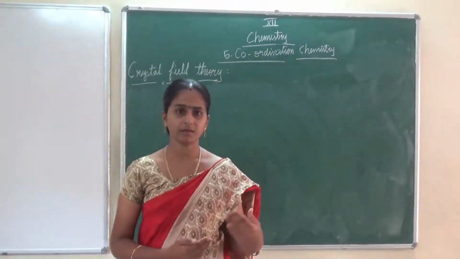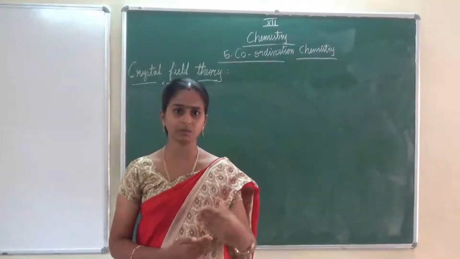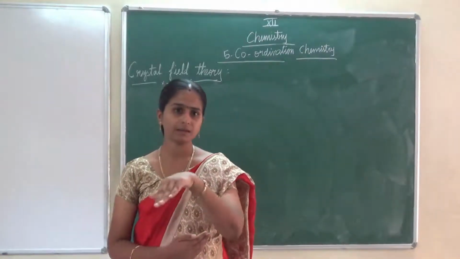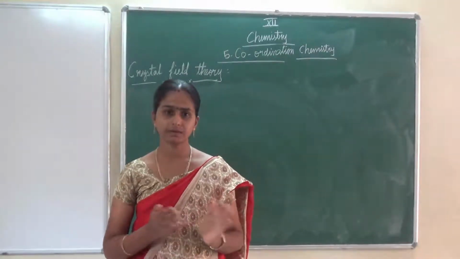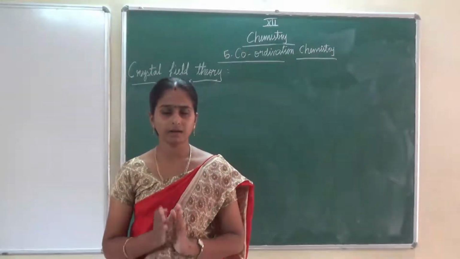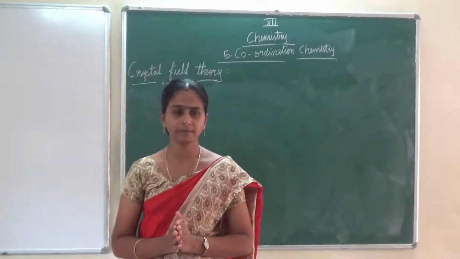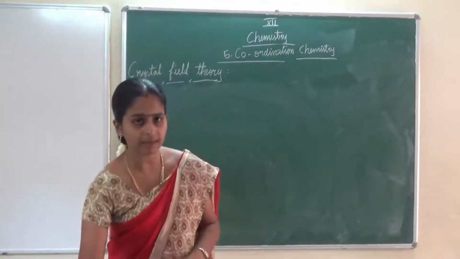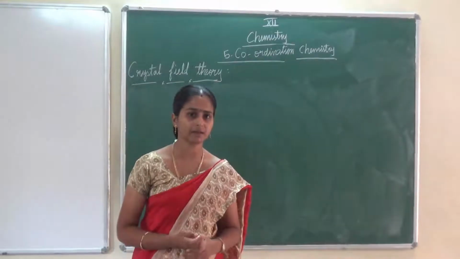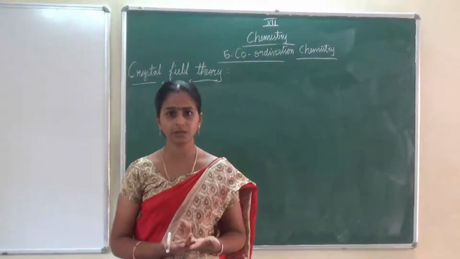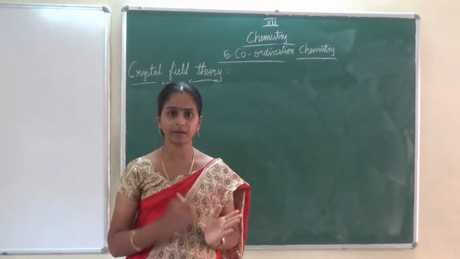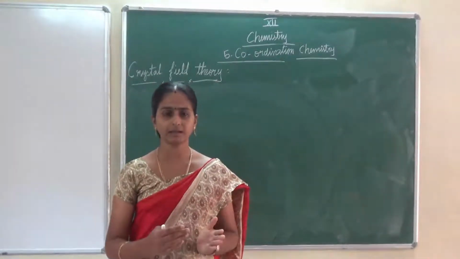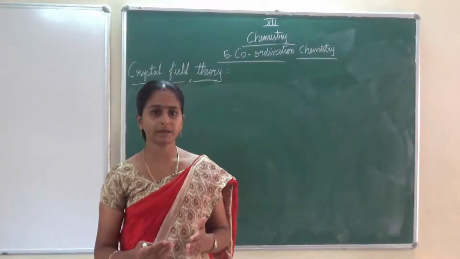Low energy 1s, then 2s, 2p, 3s. Like that we have discussed. Now we are going to use the same rules. Here in the octahedral field, suppose the central metal atom has the electronic configuration of d1 or d2, then there is no problem, the electrons will simply enter the T2g orbitals, one electron or two electrons.